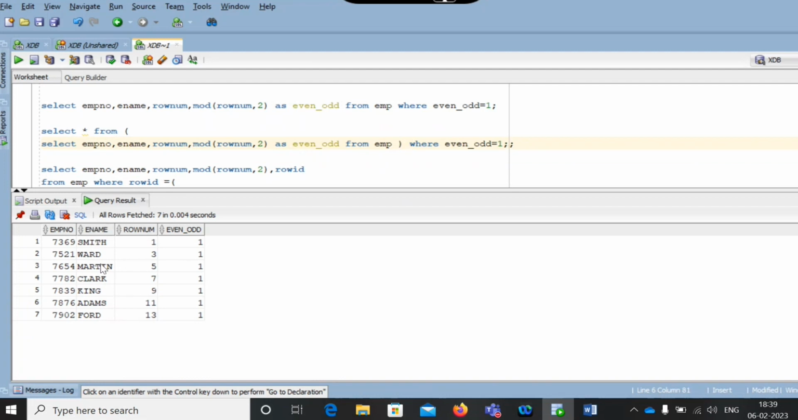See, Smith, Ward, Allen... we have 14 records in total, you got 7. If I use like 0, we'll get the... Miller one is the last because Miller is the 14th record. Okay, now